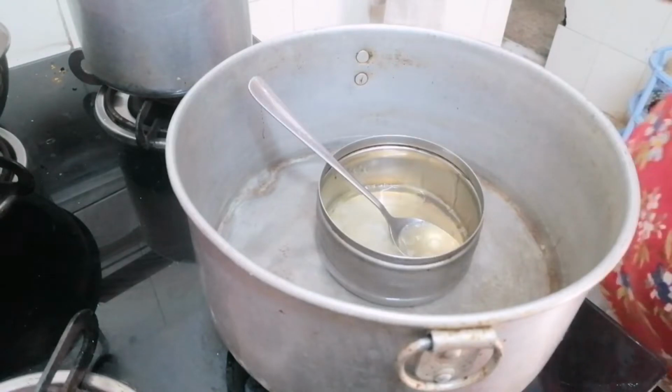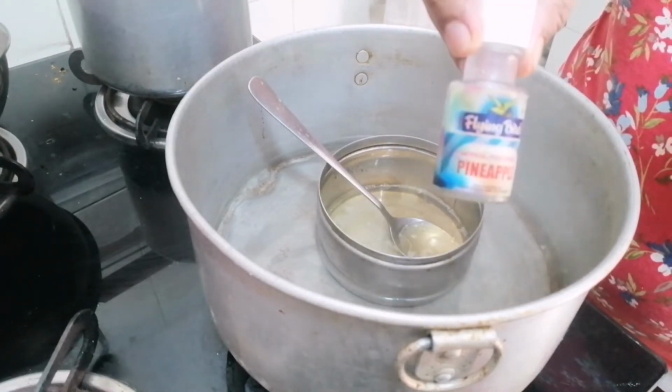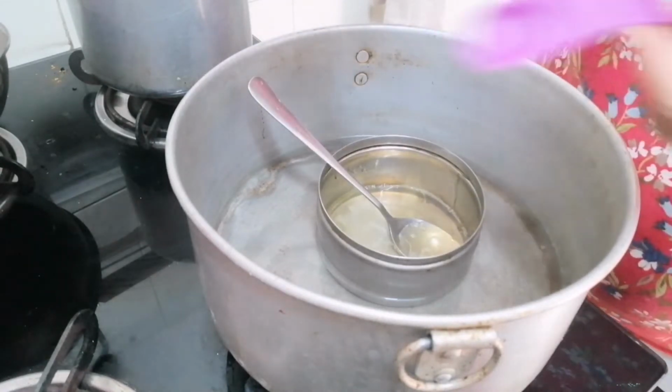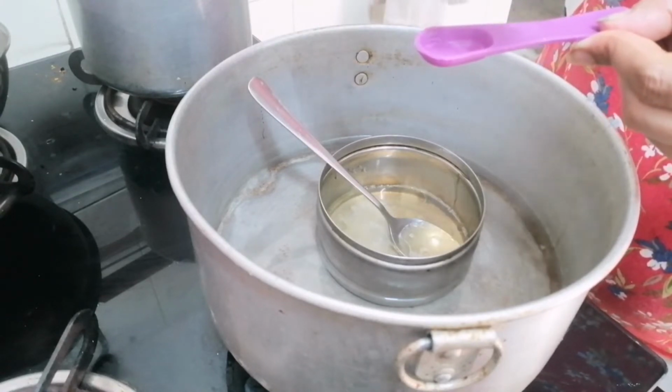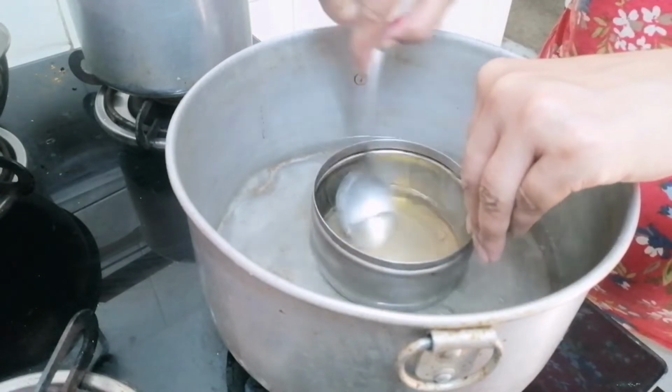If you want to add any flavor, see, I'm adding pineapple flavor into it. I'm just adding half a teaspoon for the half recipe. If your recipe is full, you can add 1 full teaspoon of any flavor. Okay, now this liquid is ready,